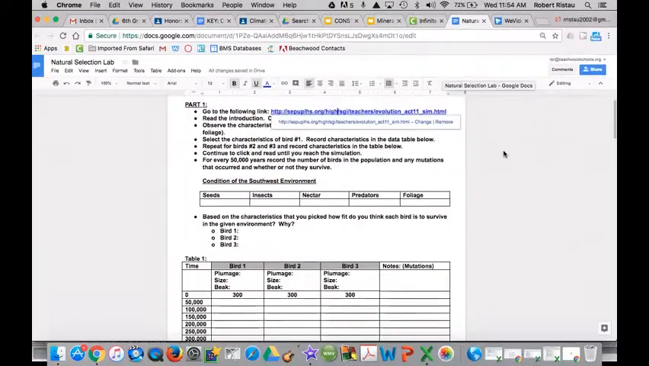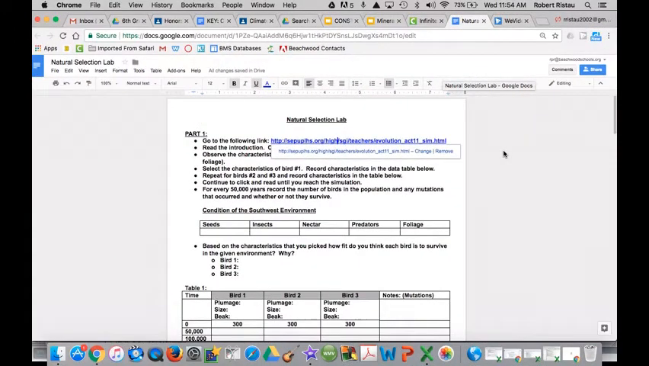All right, so let's take a look at the document and what the website looks like for what you're going to do today. Okay, so here's the doc for the Natural Selection Lab. Like I said, it has the link up here for you to use, and it has directions on here too. So make sure you're reading through those. I'm just going to summarize really quickly what it is that you're going to do. So when you click on the site,